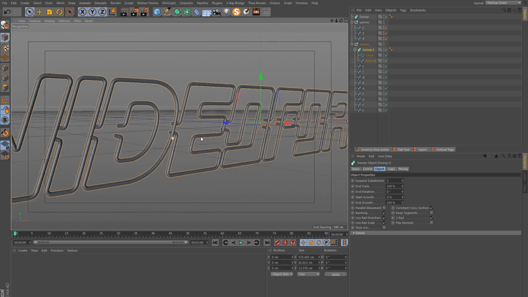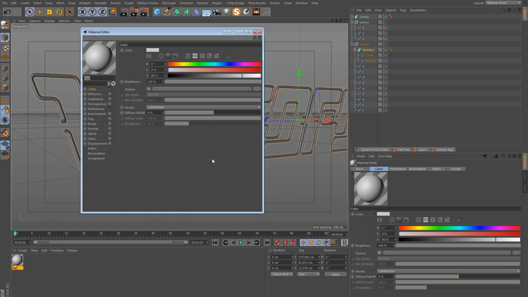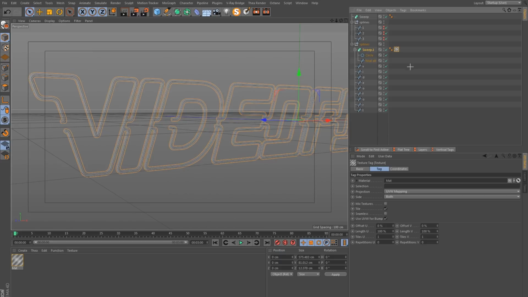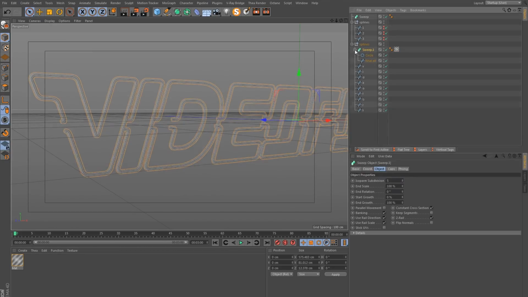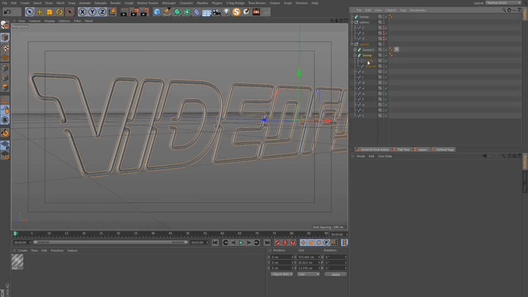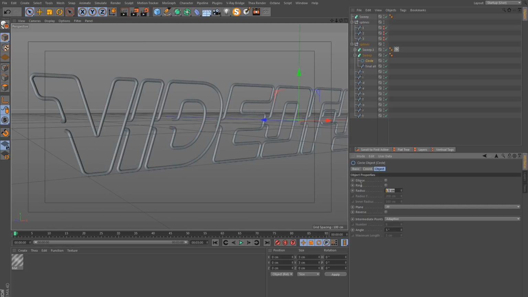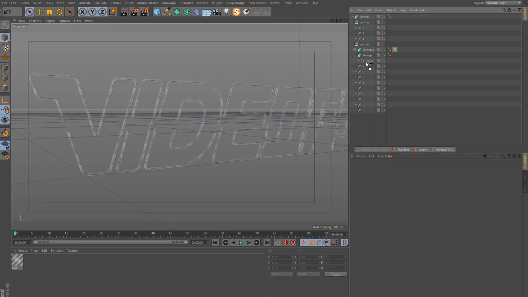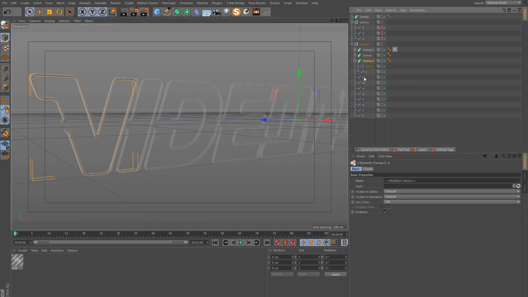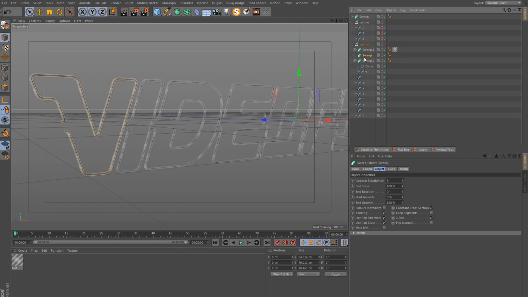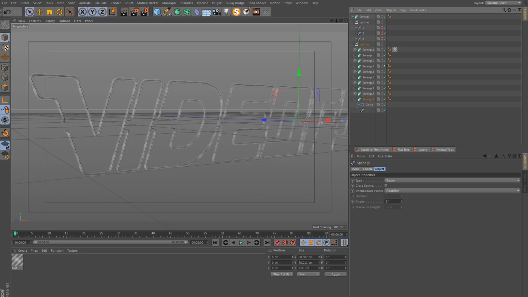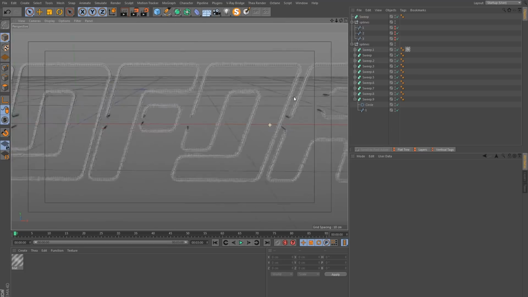So this will be the glass outer casing. We can quickly make a transparent material for this and apply it, and just copy the same Sweep NURBS, but let's remove the material. And this circle will have a radius of just 0.5 this time, and we will just have to create copies of this, and each time replace the letter which is on the inside. So we should end up with something like this.